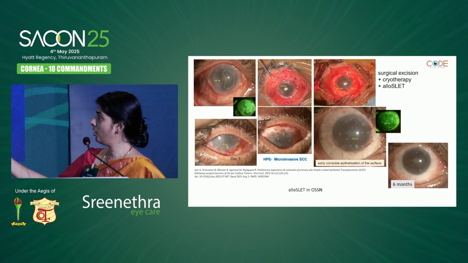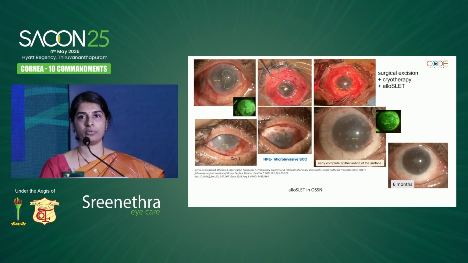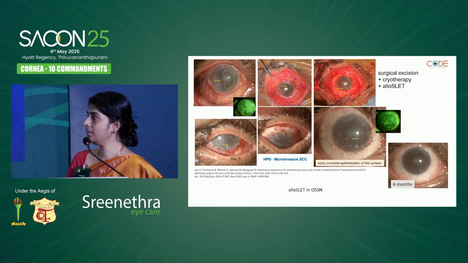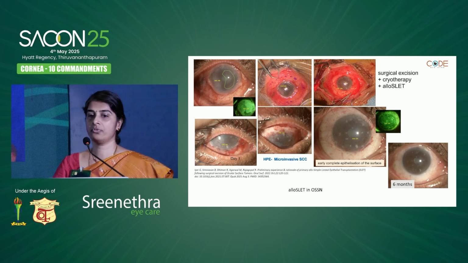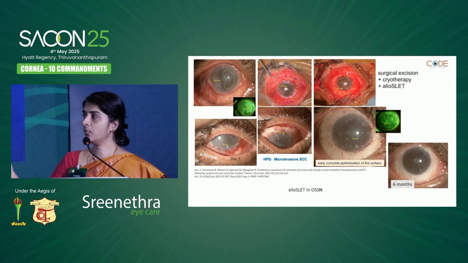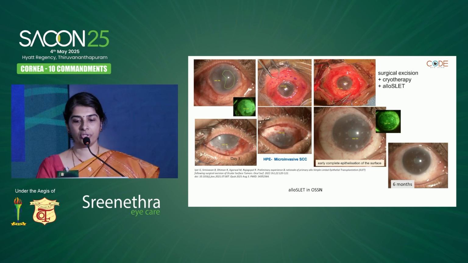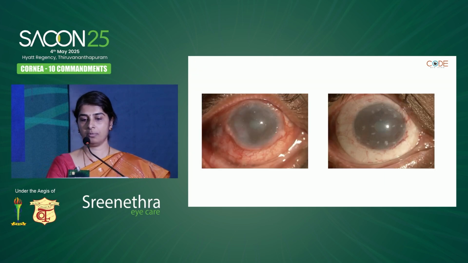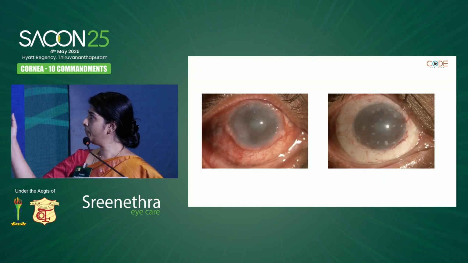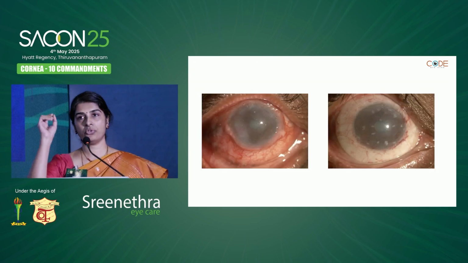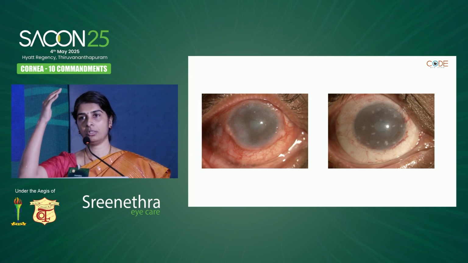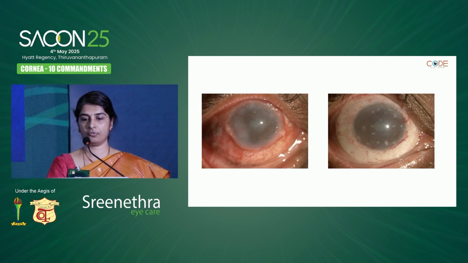So this is how the patient looks post-operatively after excising the lesion, which on histopathology did reveal evidence of microinvasive squamous cell carcinoma. There was early complete epithelialization of the surface with no evidence of recurrence at 6 months following the procedure. So that's the pre-op, and this is the post-op at 6 months. You can still see the allograft bits, but they usually tend to fade over a period of time.